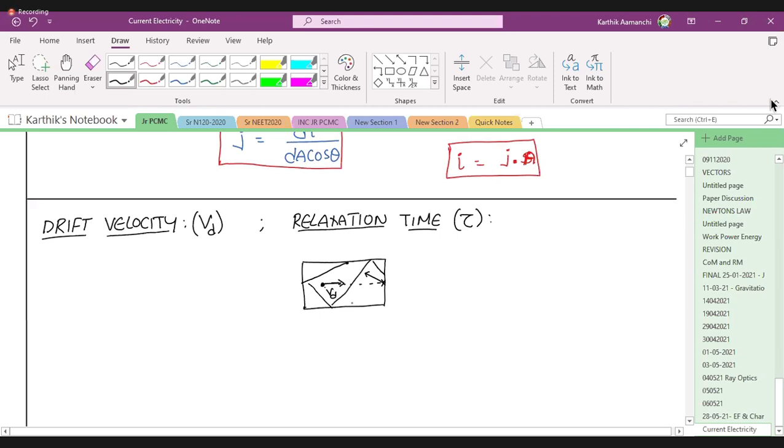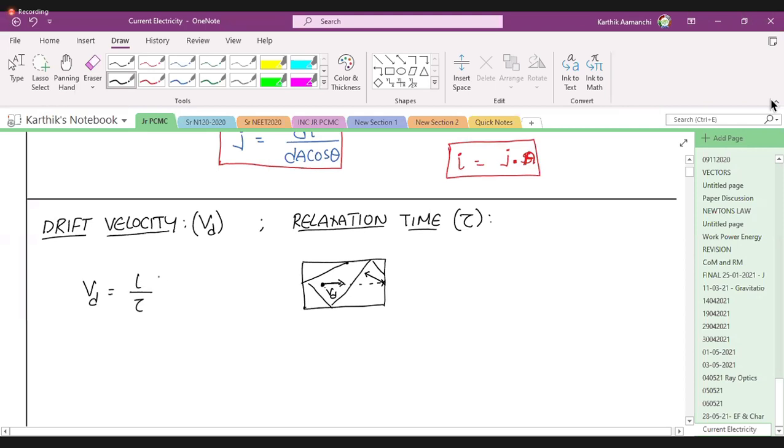Yes, sir. Now, for example, if I take this distance as L, the electron has started here, went like this, hit here, and again went like this and hit here. So it is going on hitting like this. It has traveled a length L before hitting. Then what will be your drift speed? It will be L by tau.